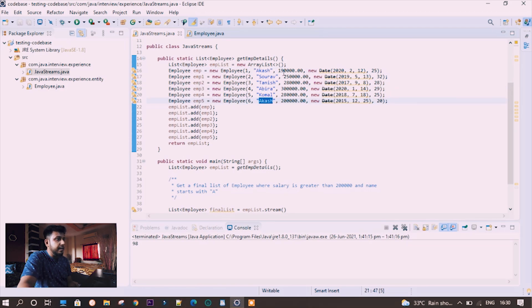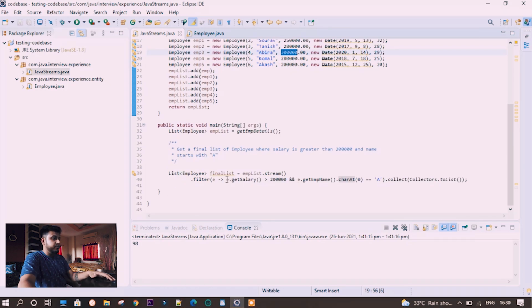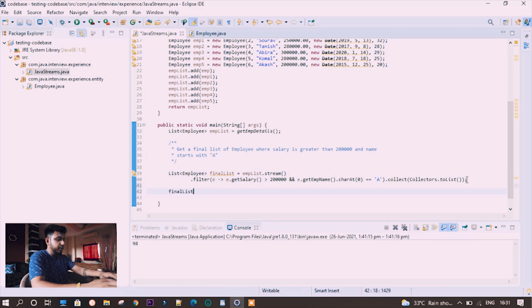Now salary for Akash is 1,90,000, for this one 2 lakh, and for Avira is 3 lakh. Now if I want to print this, for printing you just need to add forEach, and as I've already overridden toString, it will just print it.